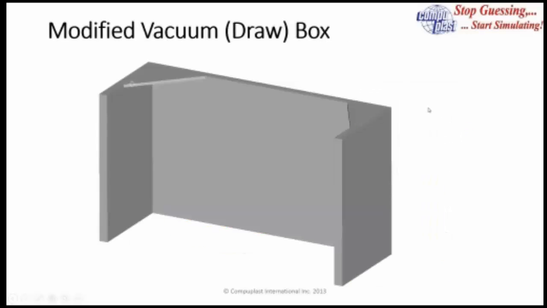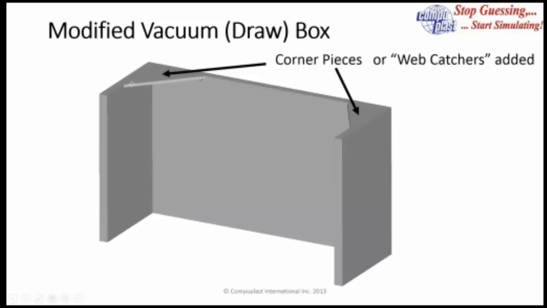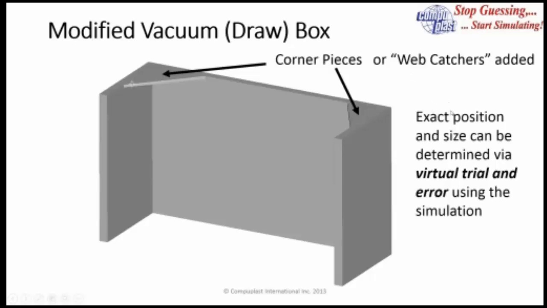So in this case, what they did was they put these corner pieces in the vacuum box or draw plate, which they called web catchers, or just some additional surface that takes this material out of play. Now with the simulation, we can determine the exact position and size of these web catchers by using virtual trial and error. And we're not wasting any material, we're not wasting any time on the line, and we can optimize the exact position of these